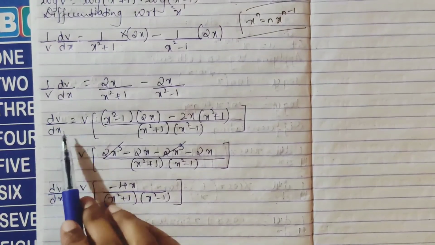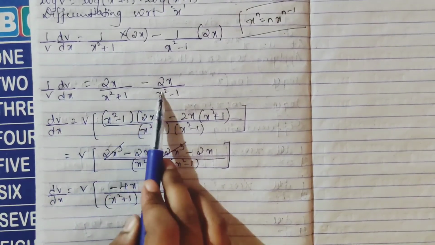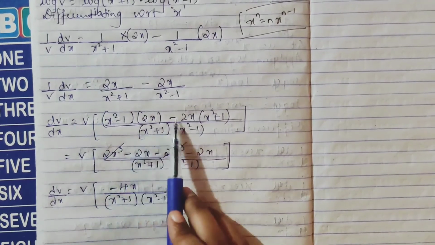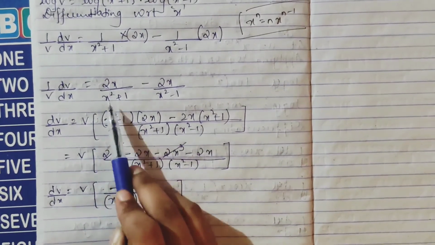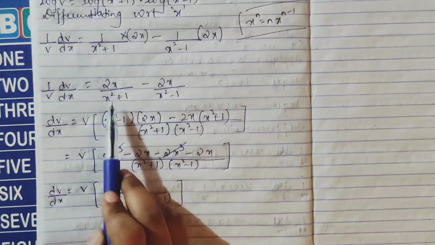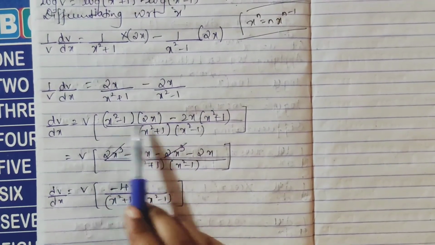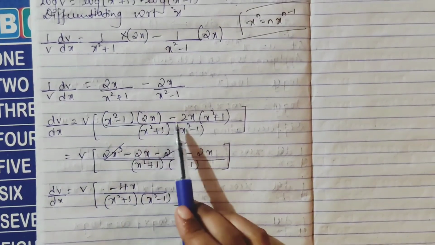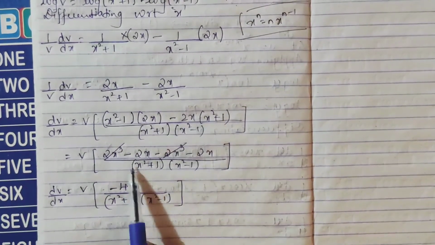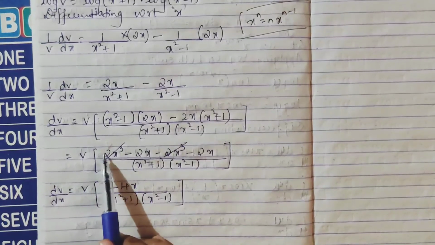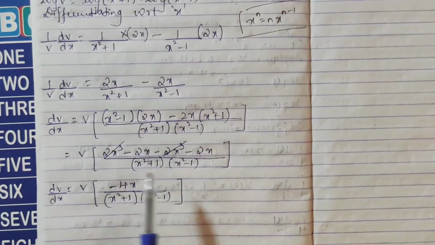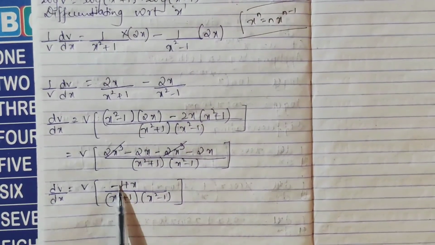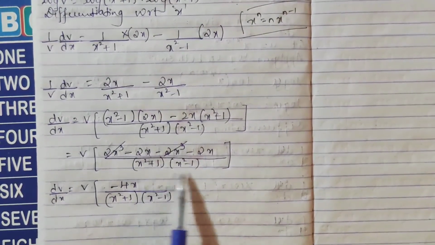So here I have taken my v to the other side and taking your LCM, both will be your LCM, multiplying x square minus 1 by 2x, minus 2x by x square plus 1. This will be multiplied here, this will be multiplied here, as we are taking the LCM. Then multiply it, open the brackets, 2x cube minus 2x, same here, minus 2x cube minus 2x, denominator remains as it is. Plus 2x cube minus 2x cube cancel, what remains is minus 2x minus 2x, which is minus 4x, the whole divided by your denominator as it is.